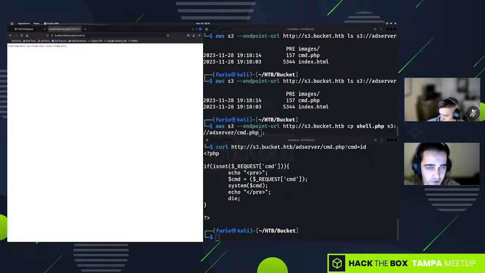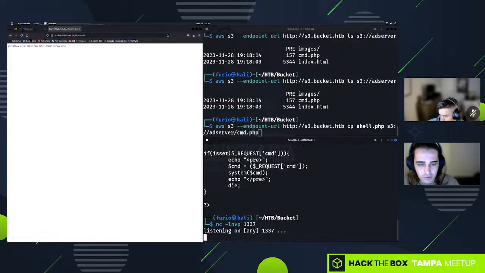So our next step, right? This is obviously not good enough persistence. It's getting cleared out pretty quickly, and it takes a while to replicate. So we'd like to get a reverse shell ideally. So we can set that up here. I'll just do netcat, and we'll listen on. And now we can,